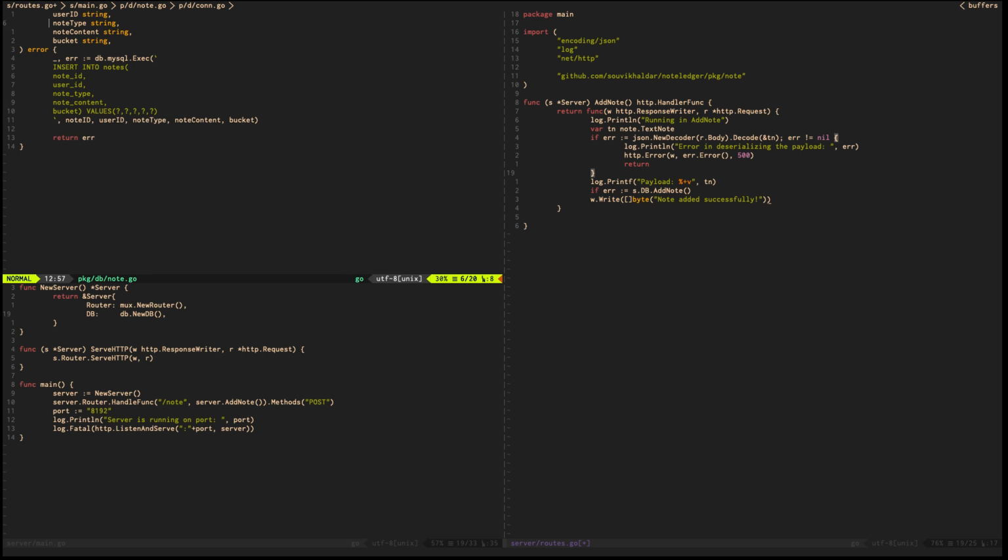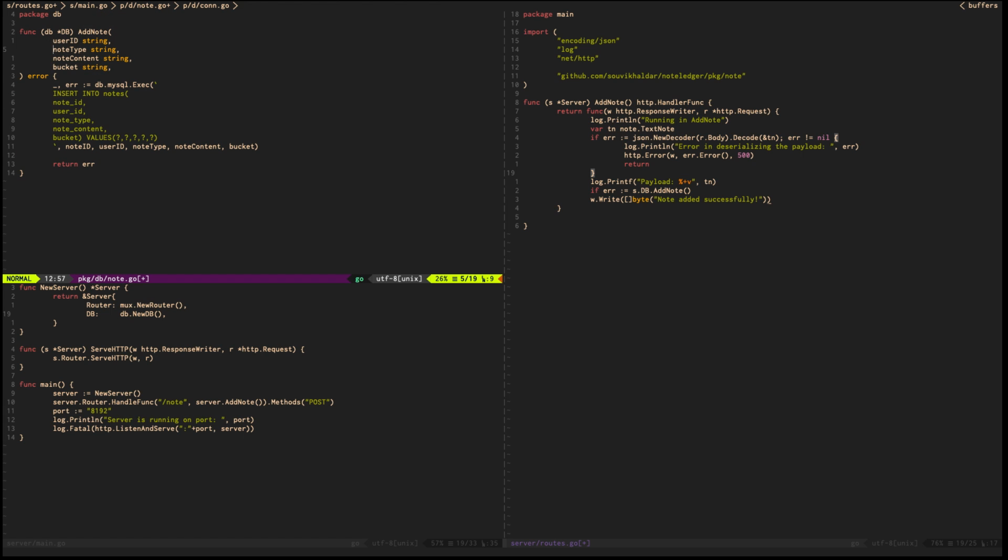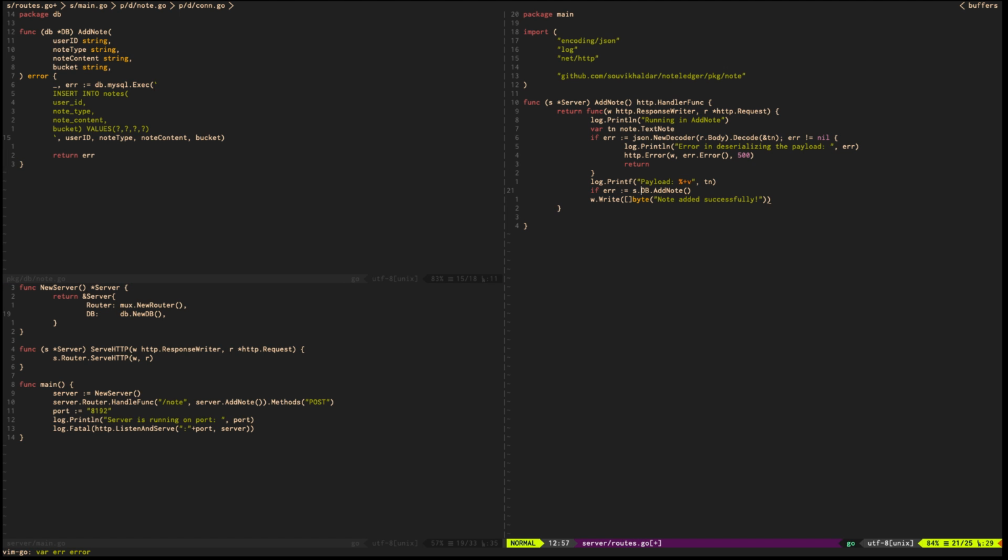Actually we don't need node id because it is of type auto increment. This will be incremented automatically. There is no node id. So user ID is something we are just creating randomly, because as I was telling, this should not come from here, it should come from the authentication part, but for the sake of simplicity we are using it here. So to add node we are passing first of all this user ID,